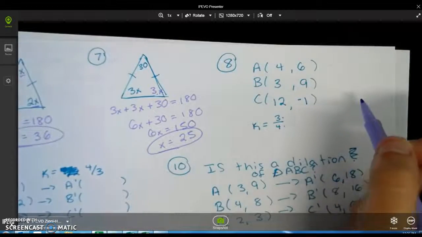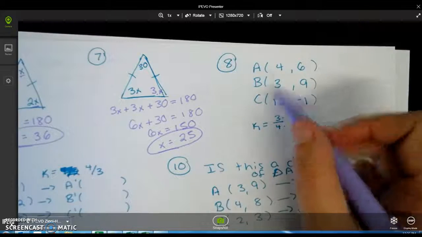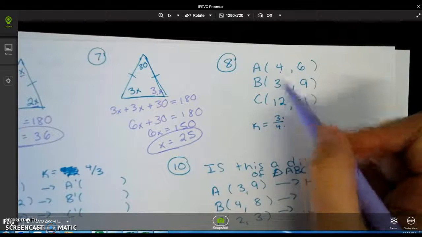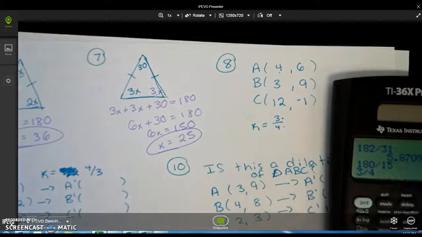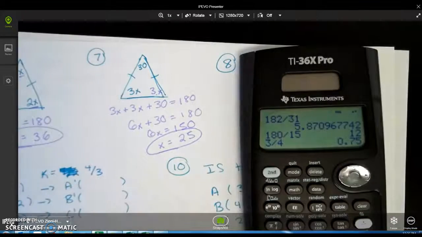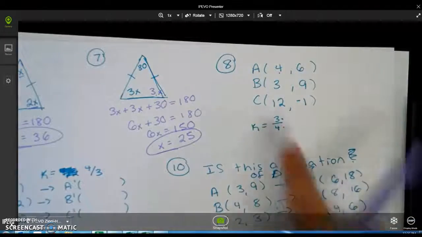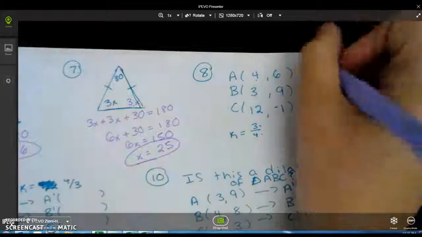And I can find this out two ways. I can either multiply by the numerator, then divide by the denominator, or I could multiply it by this decimal that you got by putting 3/4 in the calculator. I'm going to do it both ways. I'm going to do A